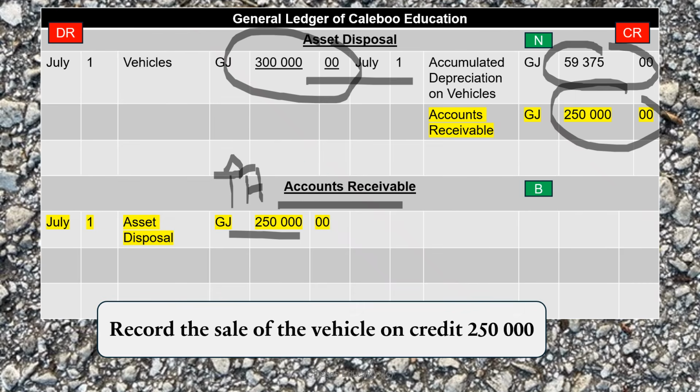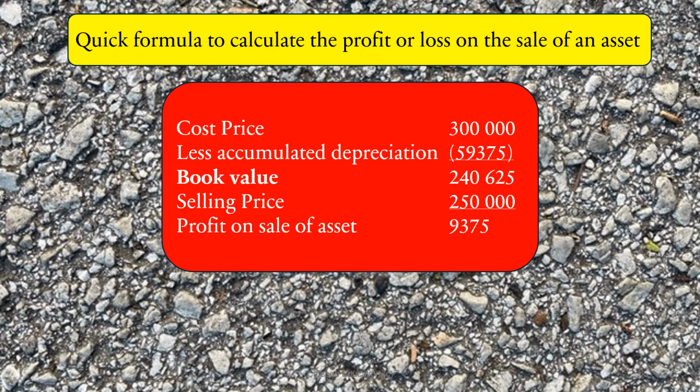So accounts receivable, increase in assets, that was debited. And now inside this asset disposal account, we've got the cost price, accumulated depreciation, and the selling price. Record the sale. We've recorded the sale now. Let's move on. And I've been pressing on this, emphasizing this. 300,000 cost price. We've got the accumulated depreciation for year 1 and year 2. Got a book value. Sold it for 250,000. The 250,000 is